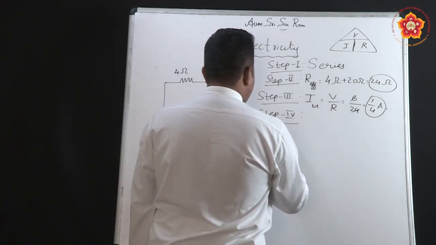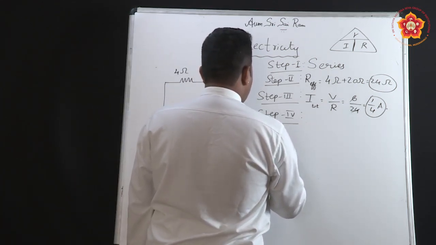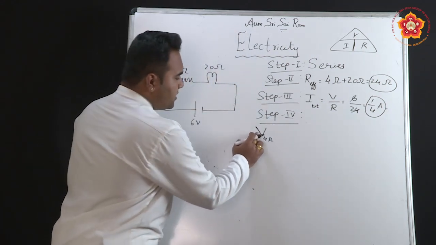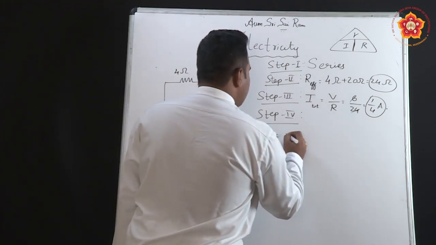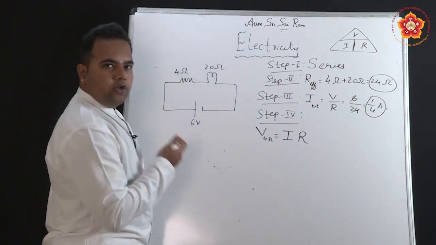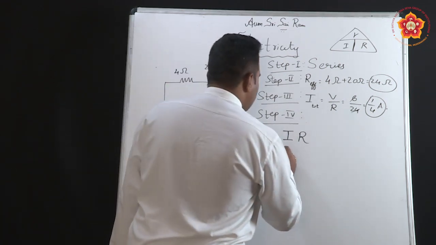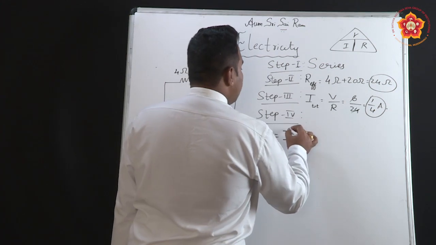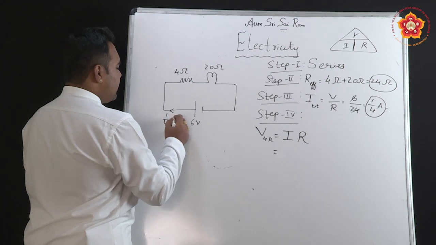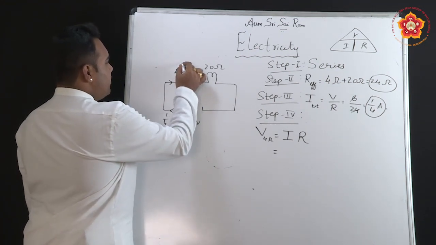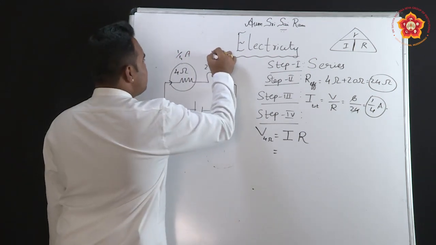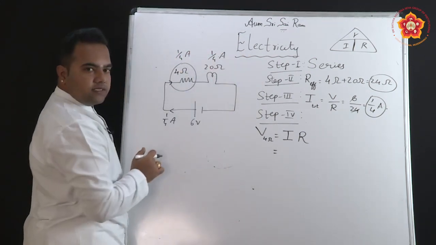Now, let us see the voltage across the 4 ohm. When I write V 4 ohm, it means the voltage across the 4 ohm resistor. Voltage is nothing but current into resistance, V is equal to I into R from Ohm's law. What is the current? In a series circuit, the total current is constant. So, whatever 1/4 ampere is there in the circuit, the same 1/4 ampere